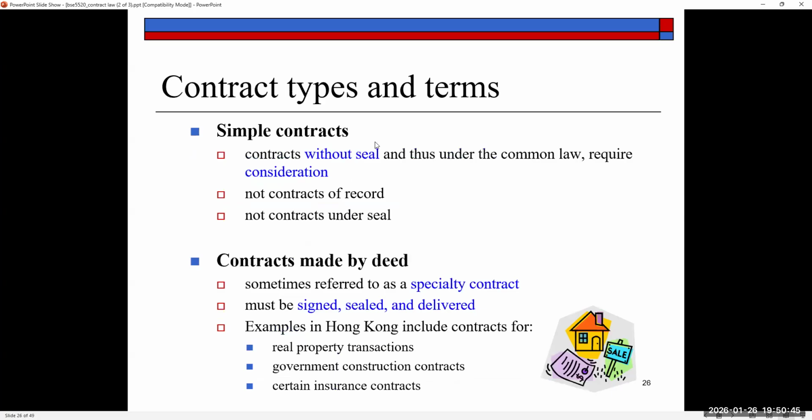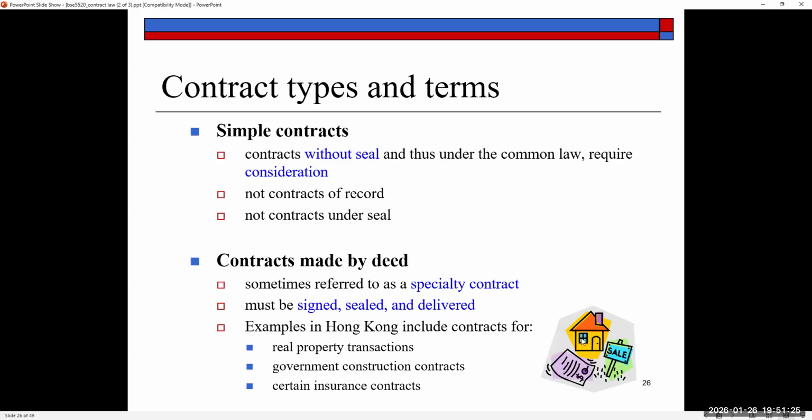Another kind, more common: simple contracts, contracts without seal, which under common law require consideration. The opposite is a contract with seal, a deed, which could be without consideration. So this is more common for most common commercial contracts. These are not contracts of record, that means not the previous type, and not contracts under seal. Okay, so the third type is contracts under seal, or specialty contracts, signed, sealed, and delivered,